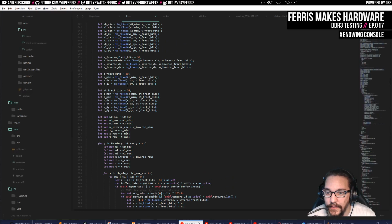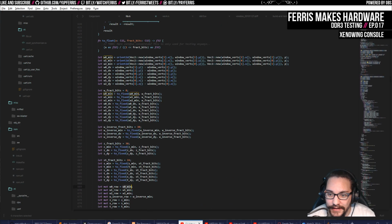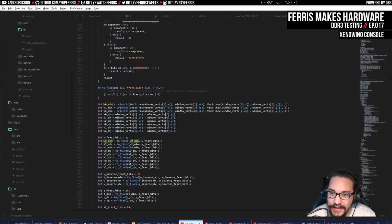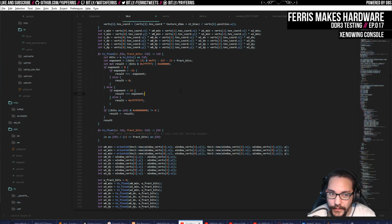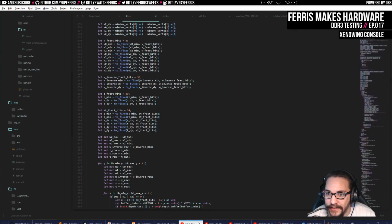So the rasterizer now, all this stuff looks the same, where it figures out all the interpolants that it's going to interpolate across the triangle. Except now a lot of these are in fixed point, and of course everything before triangle setup is still floating point, and I'm going to propagate the fixed pointness backwards. I haven't done any of that. I'm just still doing all of that in floating point, and then at the very end converting it to fixed point,